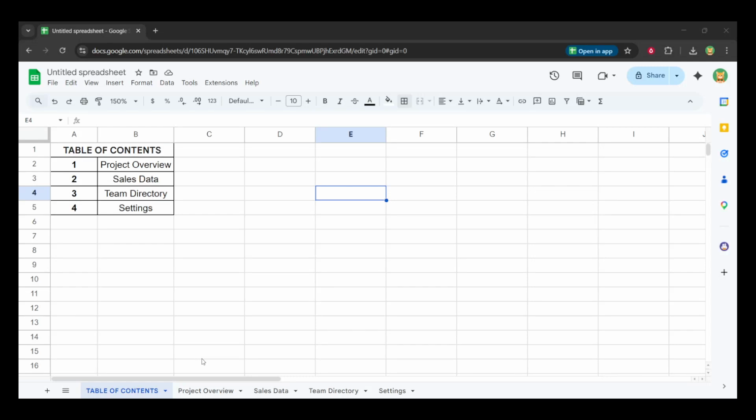In today's video, I'm going to teach you how to create a table of contents in Google Sheets. If your spreadsheet has grown into a maze of tabs, a simple, clickable table of contents can save you tons of scrolling and searching. By the end, you'll have a clean landing page that lets you jump to any tab